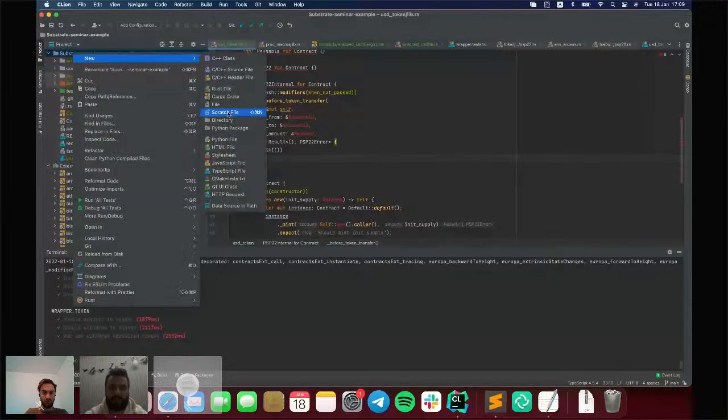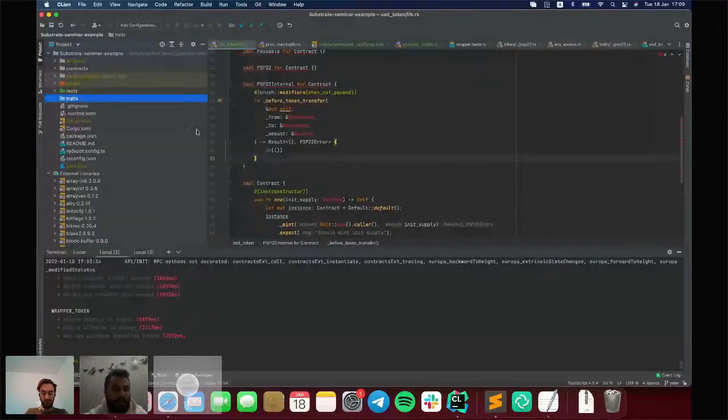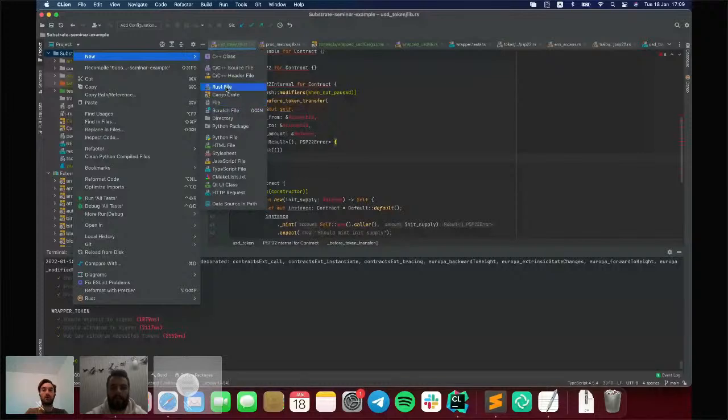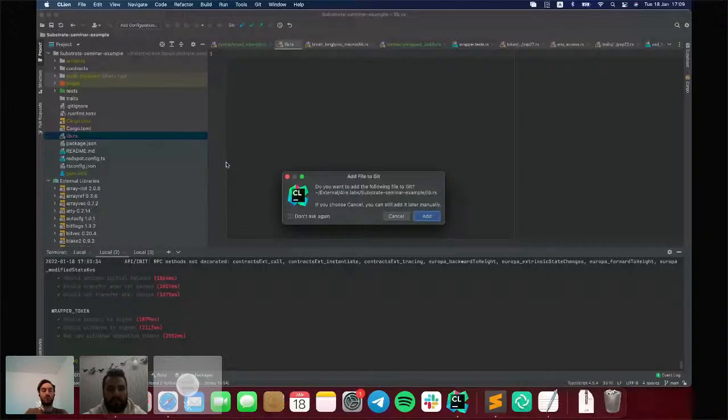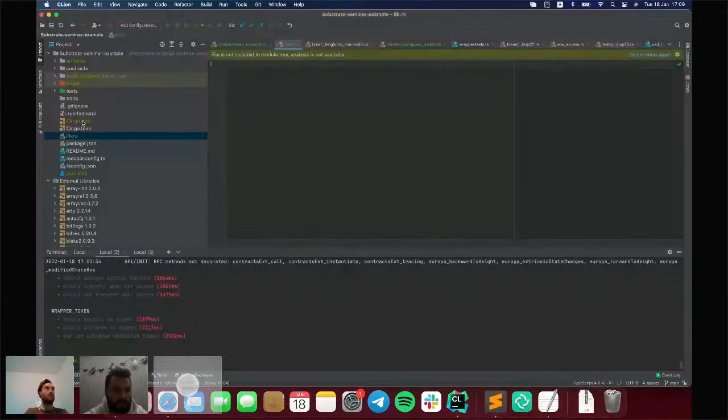Let's call it traits. Let's add a lib.rs file here because it will be an entry point for the new project structure.